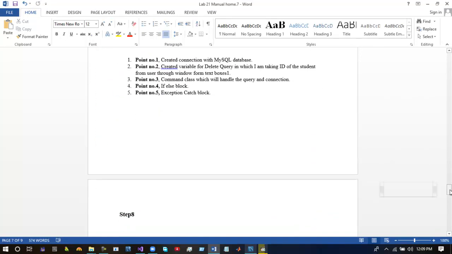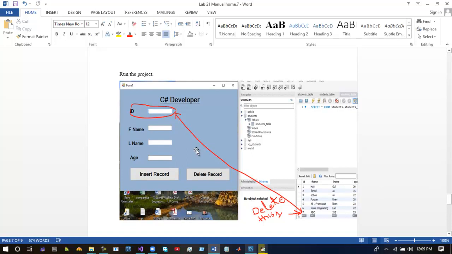In step number 8, I have run my project, and I want to delete record number 7 from this database. I will include only the ID of this user in text box 1 and press the delete record button, so the record will be deleted.